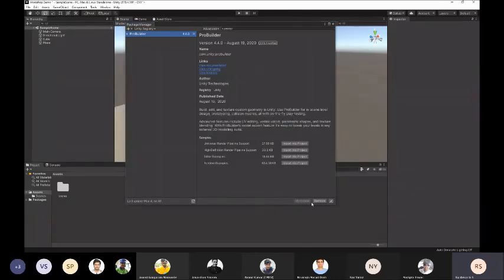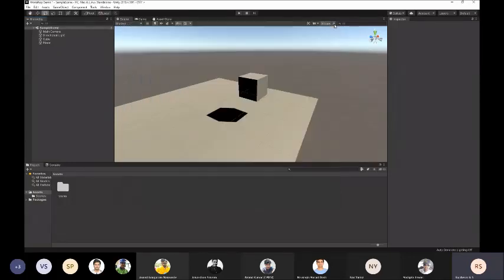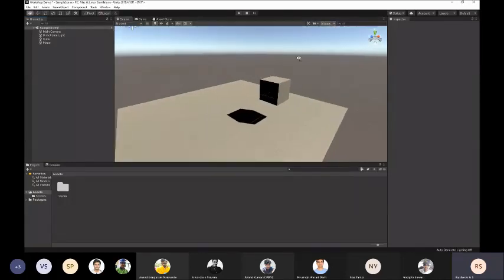Okay, so you can see now it's installed, and you can remove it if you want. If you select this button, you remove it, and if there's an update, it will be available over here. So you can update it using this button. Right now it's up to date. I'll close this. So right now ProBuilder is installed in Unity, but how do we access it?